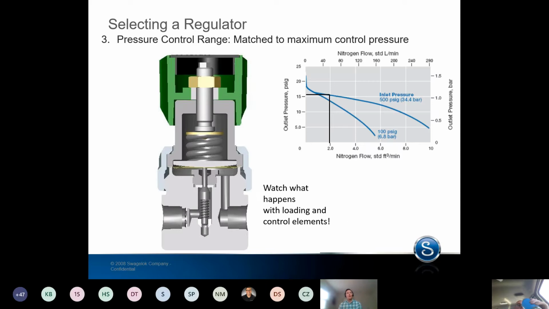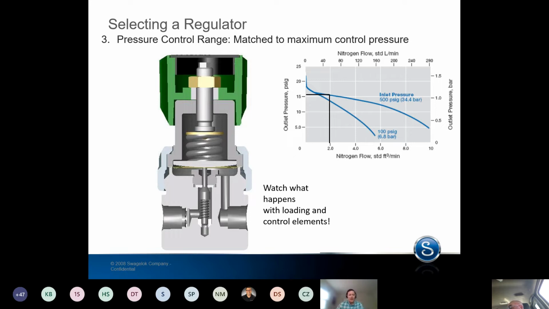So almost more important than the sensing element choice, which sometimes is driven just by the outlet pressure you want, is selecting a range that's matched to the maximum supply pressure you might want, because that drives the spring that's used in the regulator. So I'm going to run through a couple slides kind of forwards and backwards, and I want everyone to watch what happens